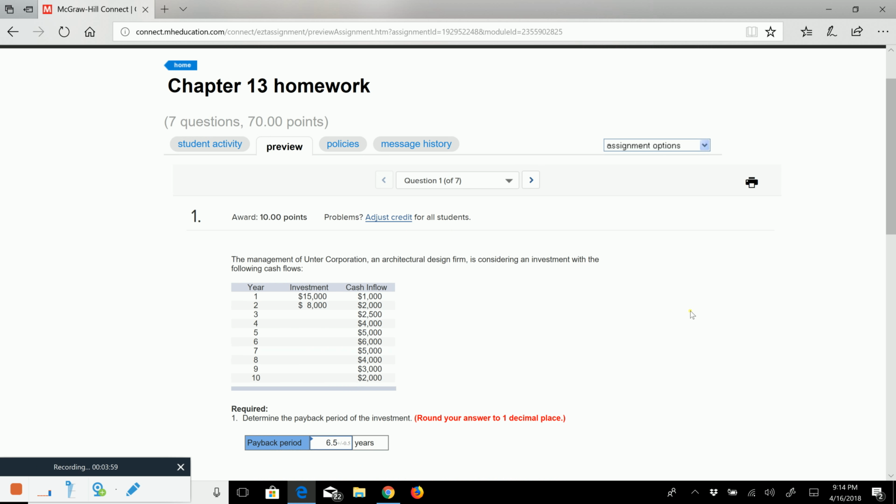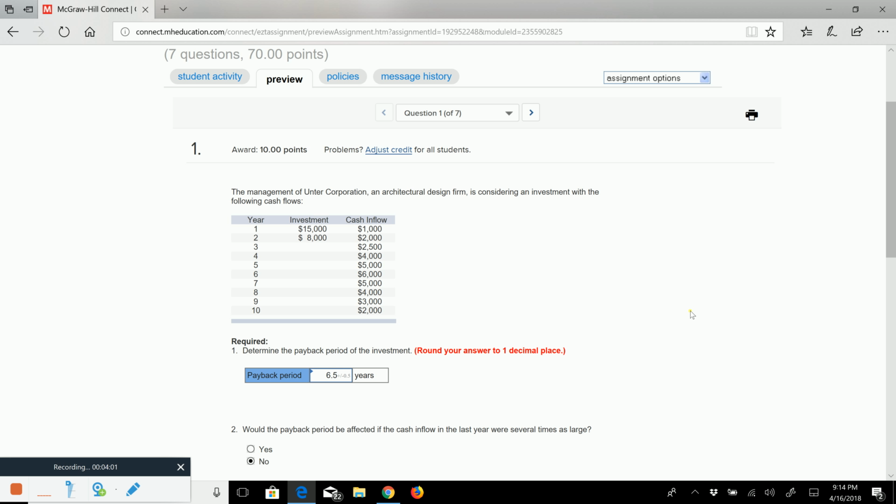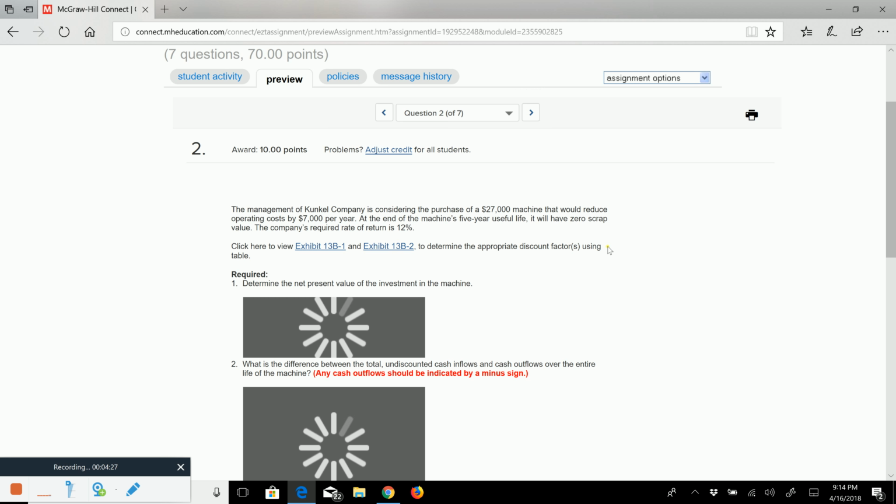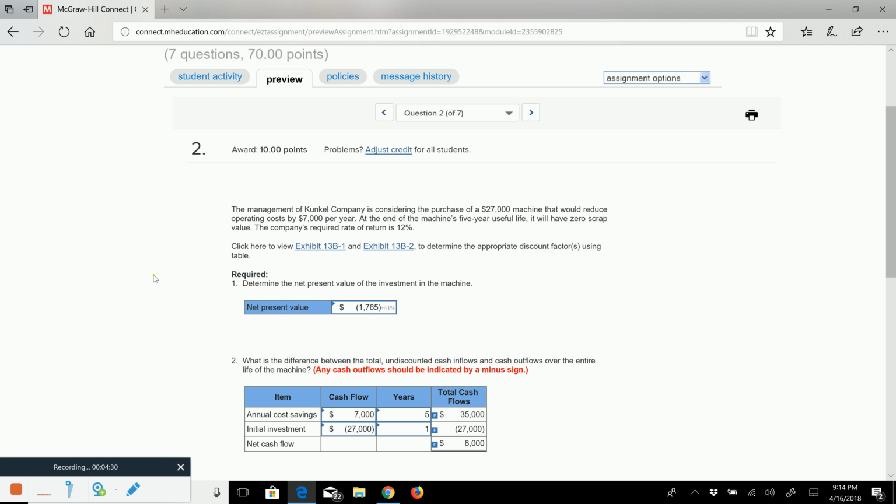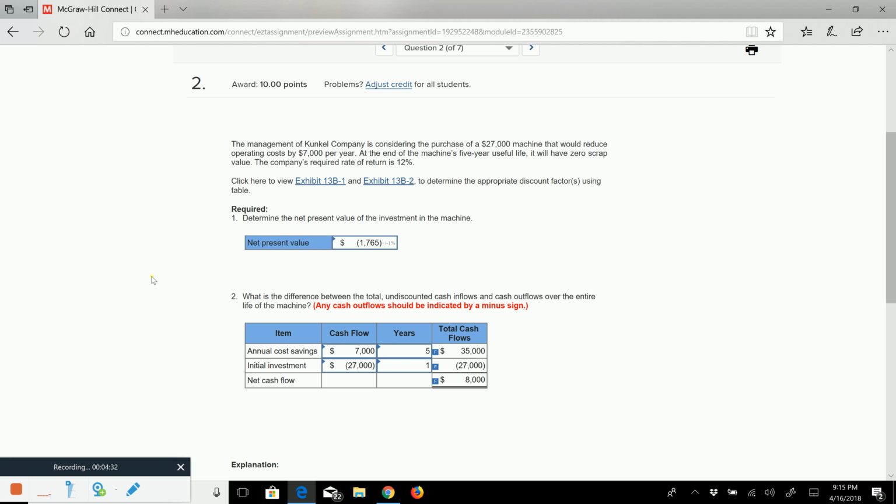So this is a very quick analysis. This concept of payback period ignores the time value of money. It simply tells us how long to recover our initial dollars. And in a high interest rate environment, this would be a critical mistake, obviously, with the time value of money being much different when we have a higher interest rate environment. Okay, and with that said, let's jump into our next homework problem where we will consider the time value of